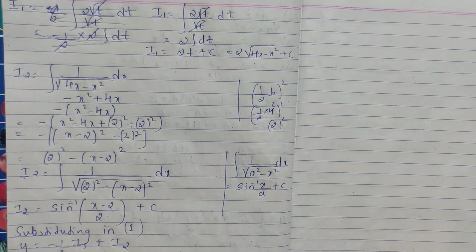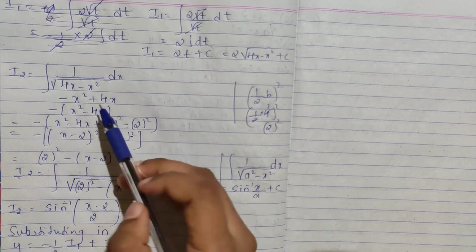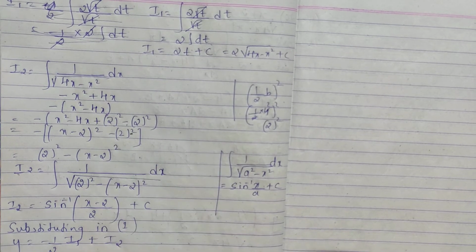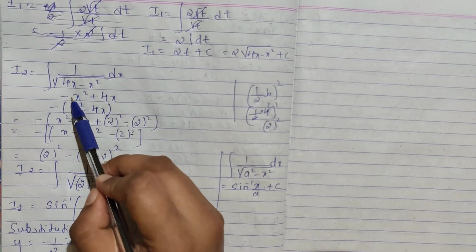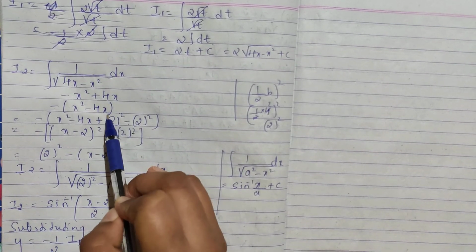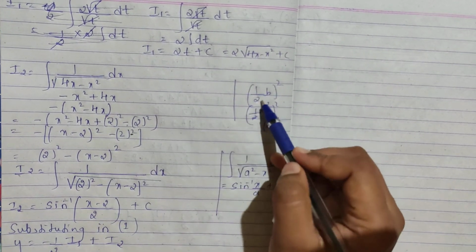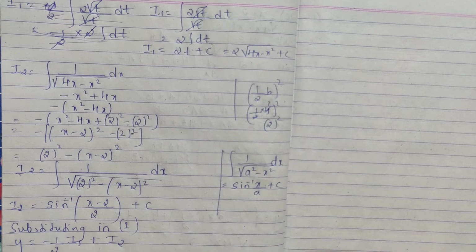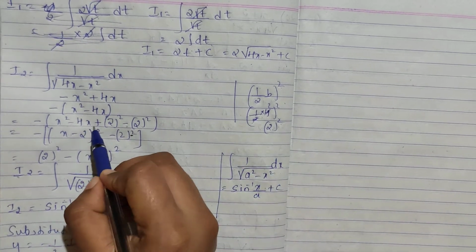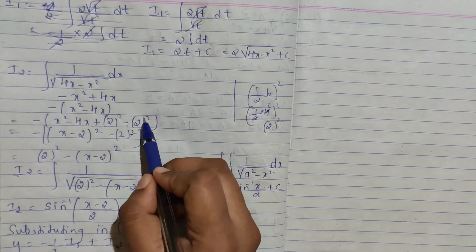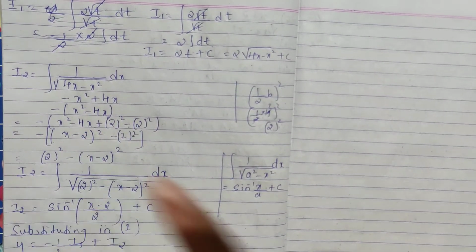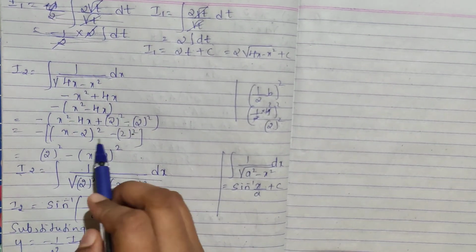Obviously I2 you have to do by completing the square. So first only consider your 4x minus x square, we will write it as minus x square plus 4x. As we know, our coefficient of x square should be only plus 1. So minus we are taking common, we will get x square minus 4x. Now what you have to do? You have to take half of b, square it, and add it and subtract it. Here b is what? It is 4. So half into 4, 2 1s are 2, so 2 square. So after x square minus 4x you are adding 2 square, and your 2 square you are subtracting. Next what you will get? X minus 2 whole square minus 2 square. Now take your minus sign inside, then you will get 2 square minus x minus 2 whole square.